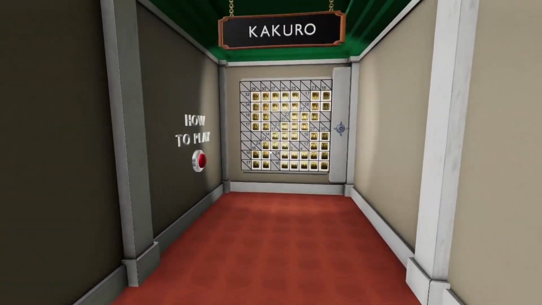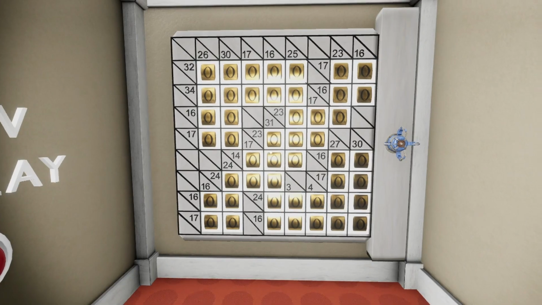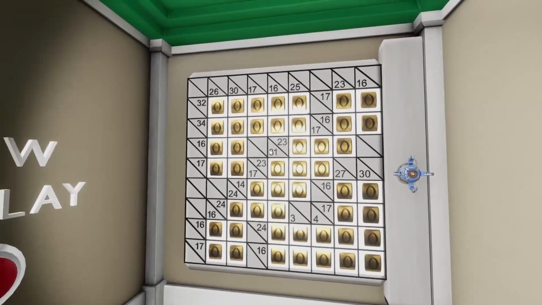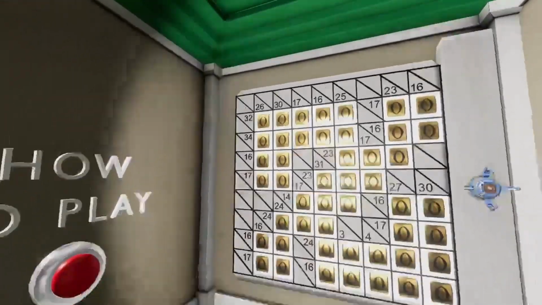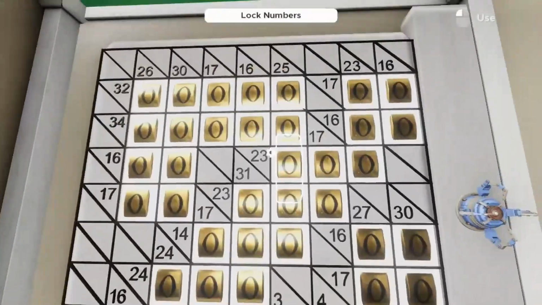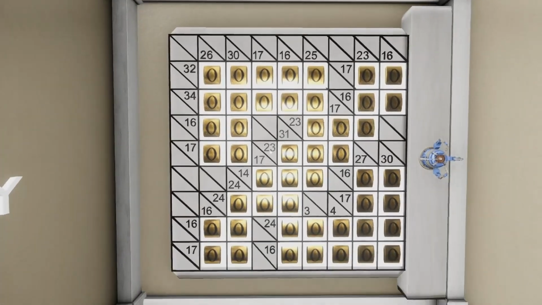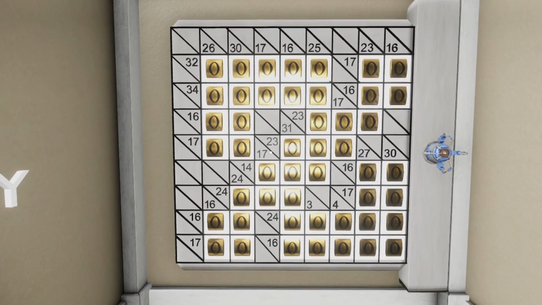Alright, Kakuro. So this is basically like a crossword, and it uses the digits 1 to 9, and you cannot repeat them on the row or column. It's kind of like Sudoku, but there are smaller digits here. Now, this one I've been struggling on,